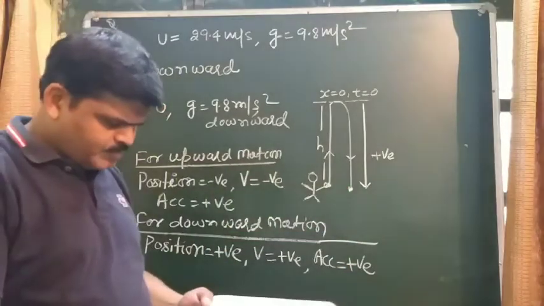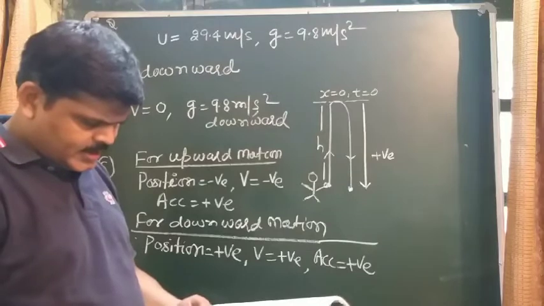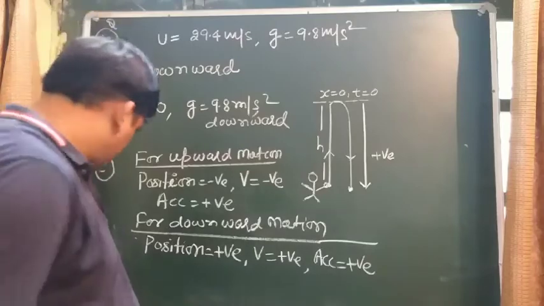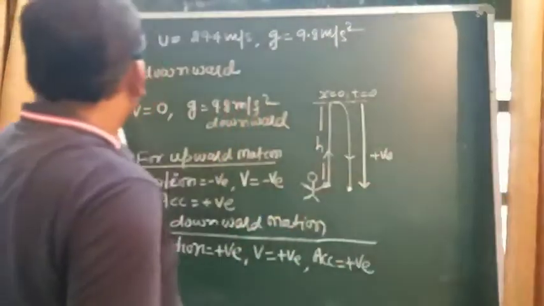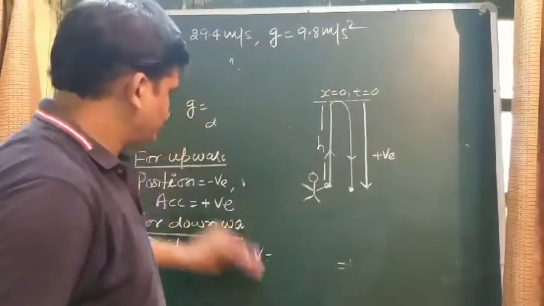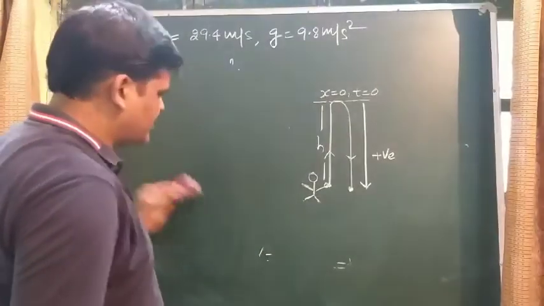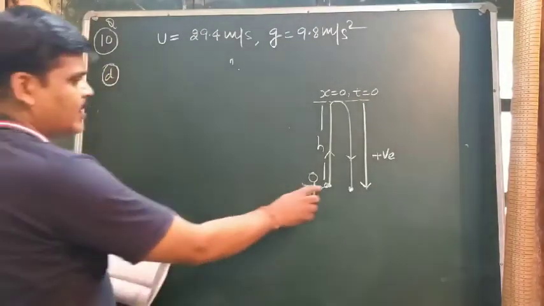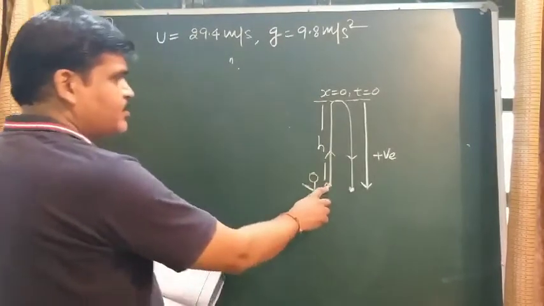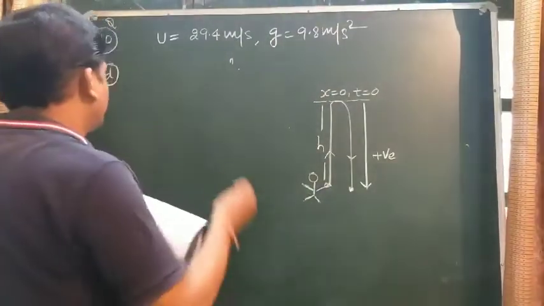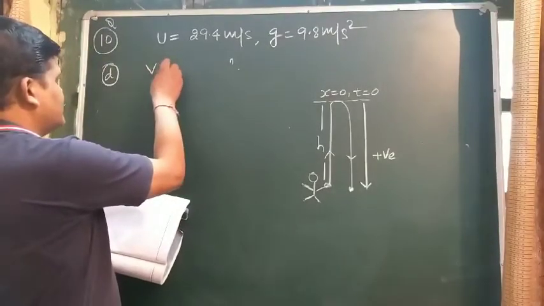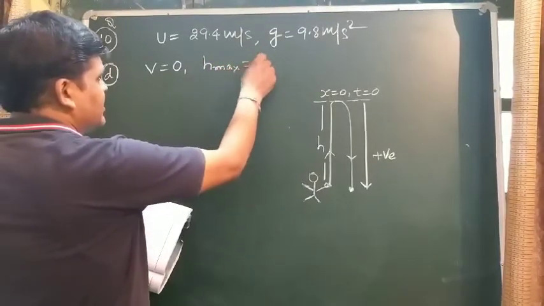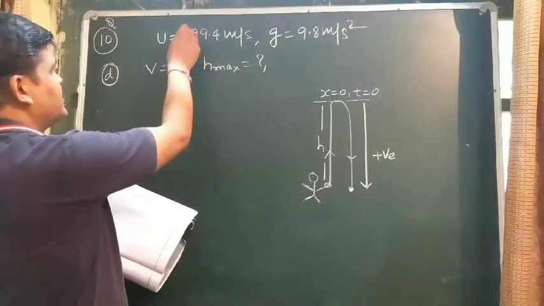Next, student: to what height does the ball rise and after how long does the ball return to the player's hand? So now I am finding the last part of this question, how high the ball rises. Student, fourth part, how high the ball rises. When the ball is thrown by the player, it reaches the maximum height, its final velocity, that is what? Final velocity is 0.